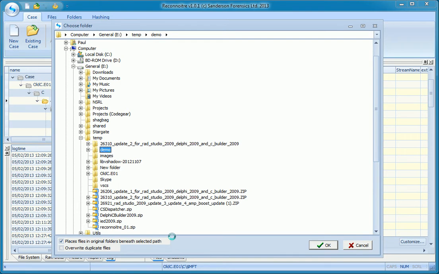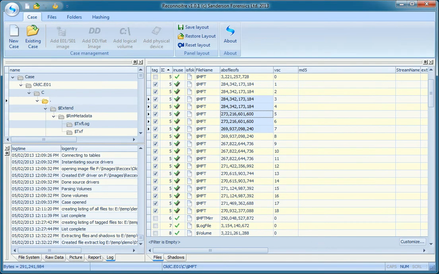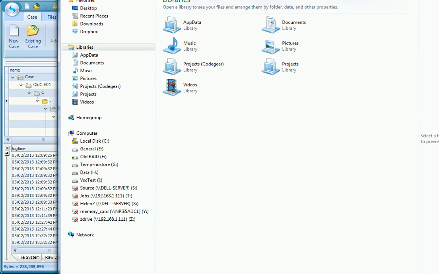There are two options though here. We can place the files in the original folders beneath a selected path, which, another way of putting that, is recreate the complete tree, and we can overwrite duplicate files if any exist. So we're going to extract with the default options, which is placed in the original folder. Once we've done that, we can pop up an Explorer window,